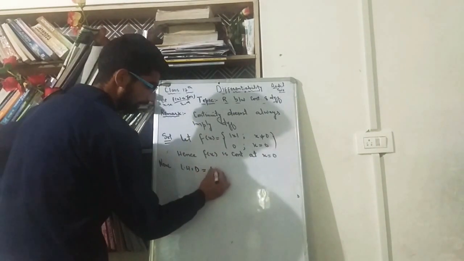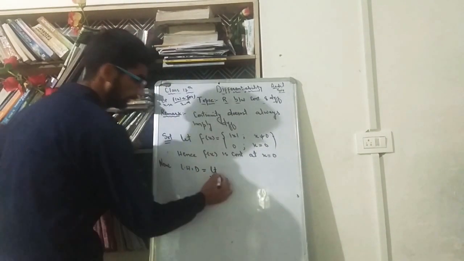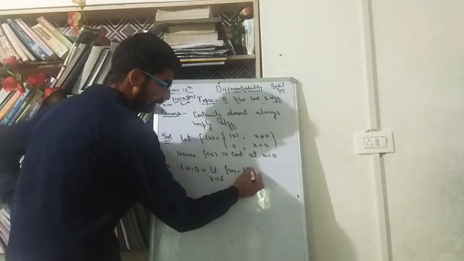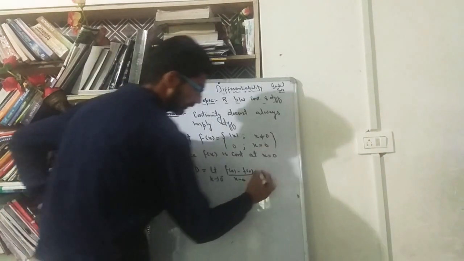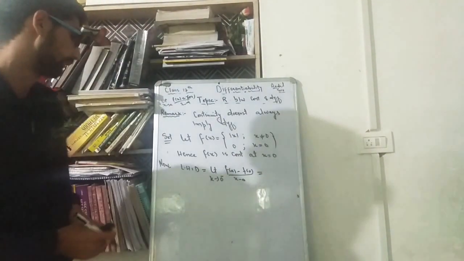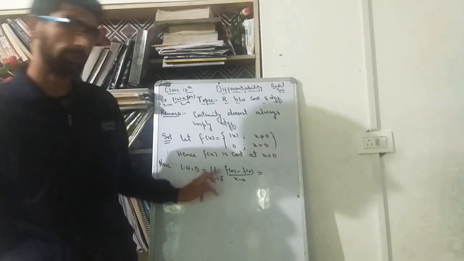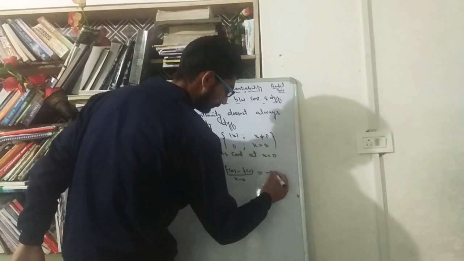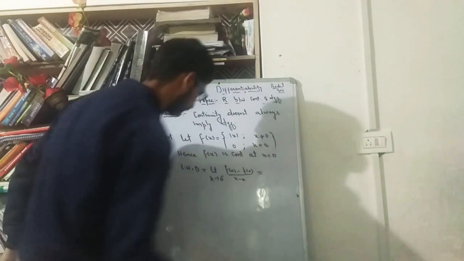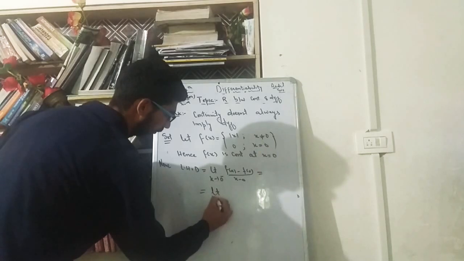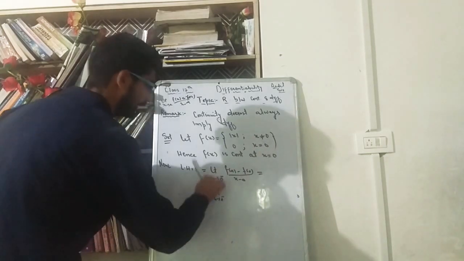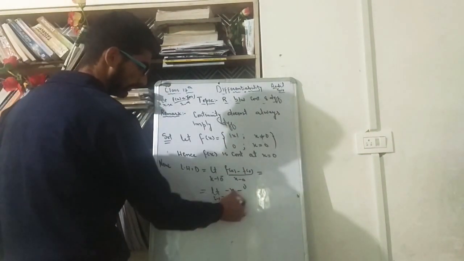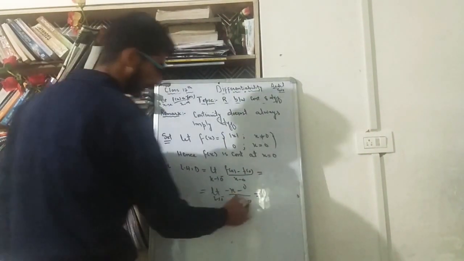is equal to limit x tends to 0 negative, f of x minus f of 0 divided by x minus 0. Here you check values of x are less than 0 but approaching 0. At that time the value of the function is minus x, so it will be limit x tends to 0 negative, minus x minus f of 0, that is 0, divided by x minus 0, it is equal to minus x